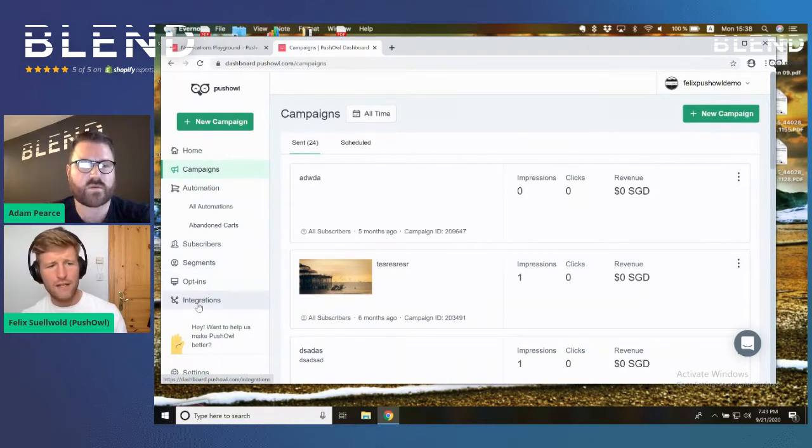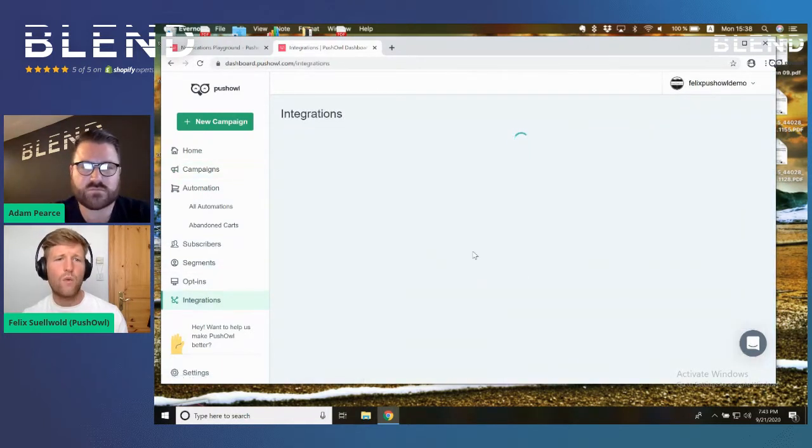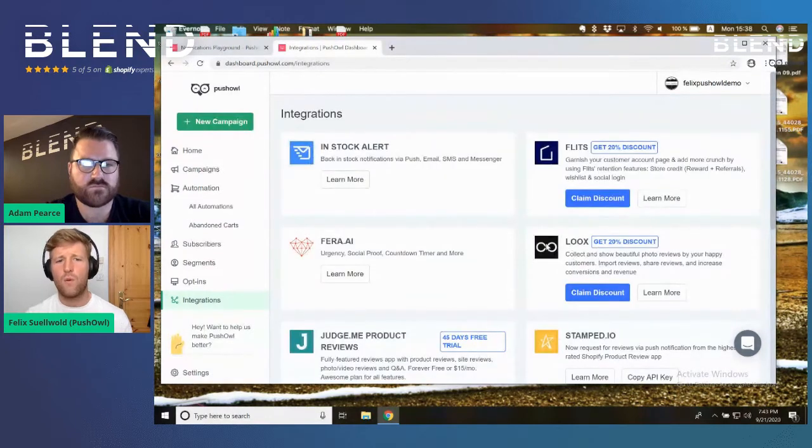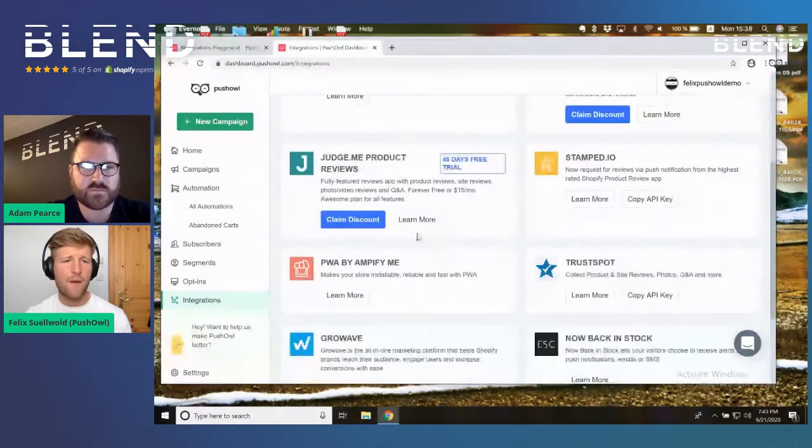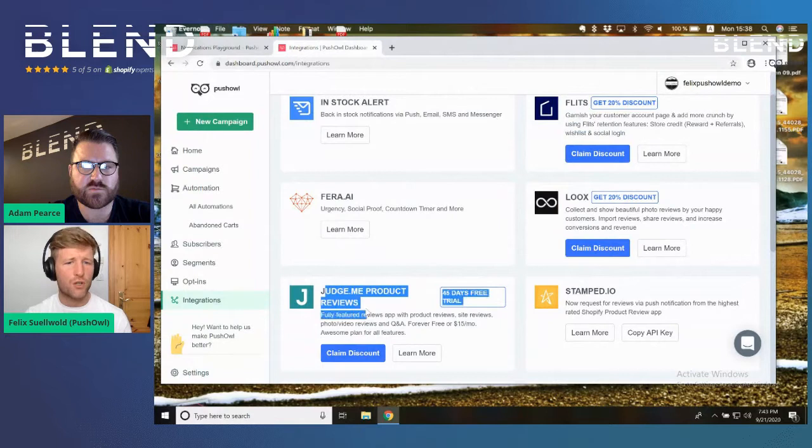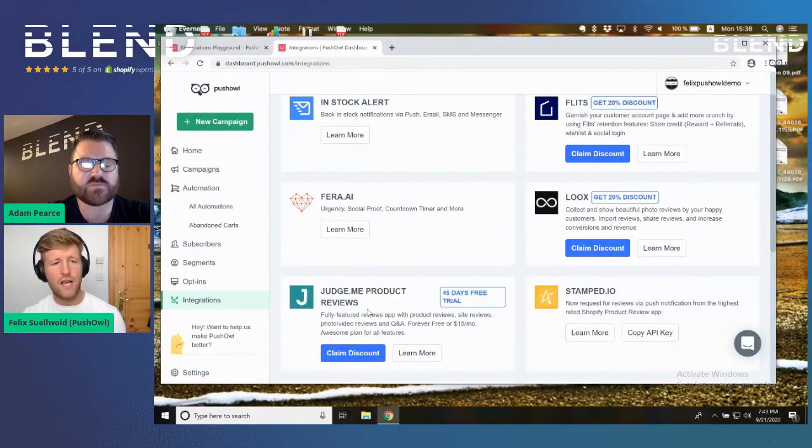Quickly adding a few more ideas. For example, you will have a lot of purchases, right? Think about integrating, for example, with Judge Me. This allows you to send review requests as push notifications. So you send your email, but you also send your push notification. This makes it easier to benefit from all these deals. Maybe you have low margins on these deals, but at least you get reviews out of them as well and